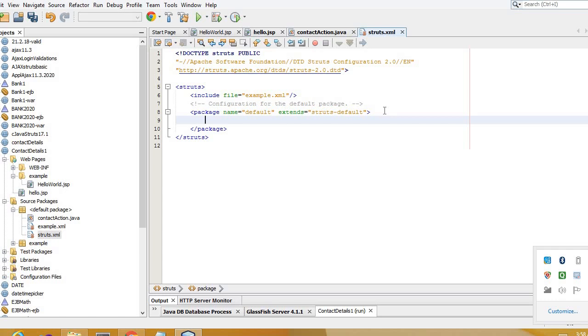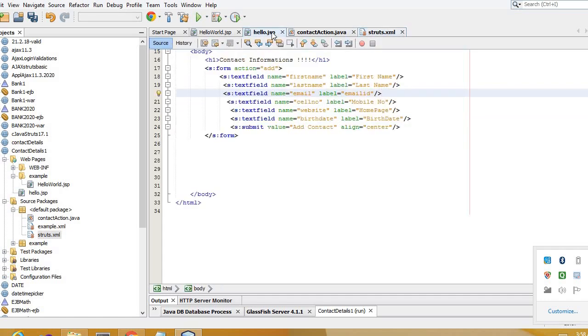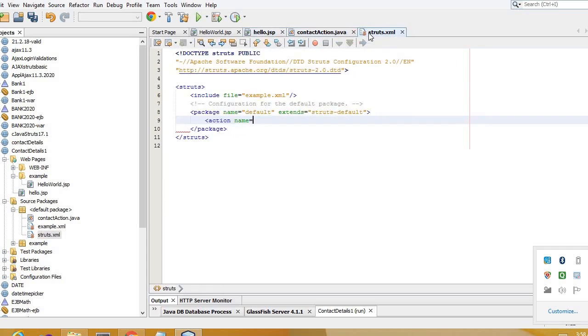On the basis of that particular action, it will invoke a particular Java class. So what we'll write here, when the action name is equal to, what was the action name here? It was add, right? So we will add here, if the action name is equal to add, then it has to invoke that particular class. Which is that class? ContactAction.java, right?